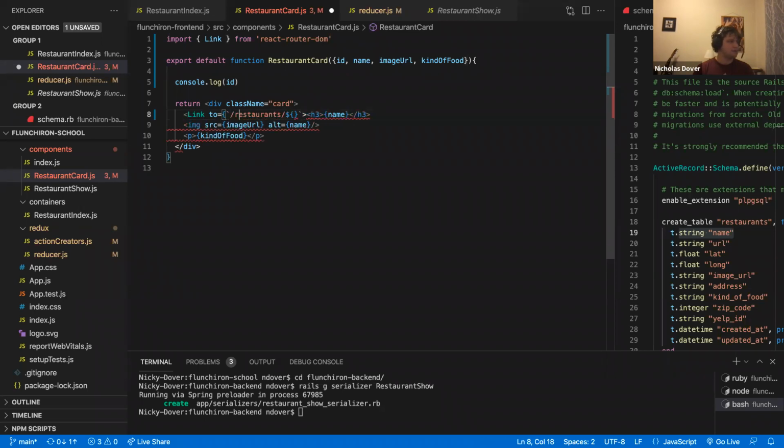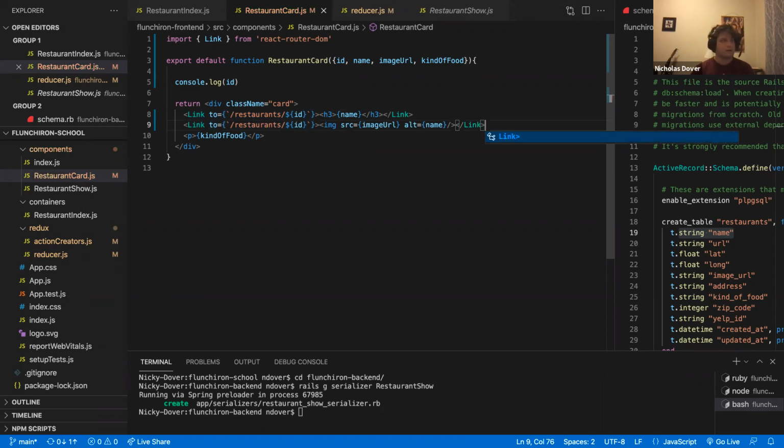The reason it's mad at me is because I am writing JavaScript inside my JSX. /link. I might as well make the image link too. Not the kind of food. If they're clicking on that, that might be something else. They're probably just hungry for Thai food. So now I'm just making these both links using this link property from React Router DOM, or this link element